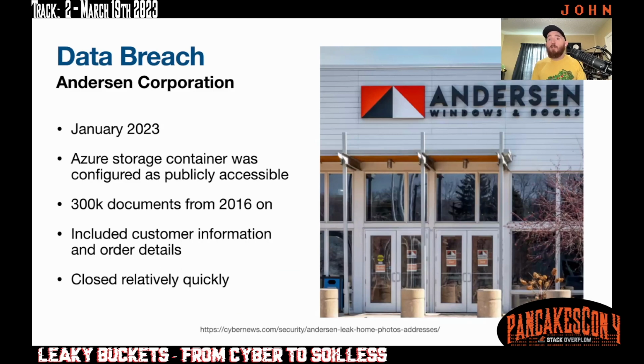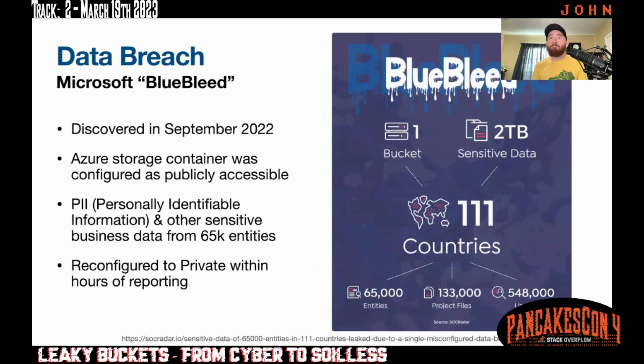Now, this data breach may not seem all that serious, but it pales in comparison to the next one. Pales is another name for a bucket. So this is one they gave a name to, BlueBleed. This was discovered back in September. An Azure Storage container, again, was publicly accessible. This one was managed by Microsoft, I believe.